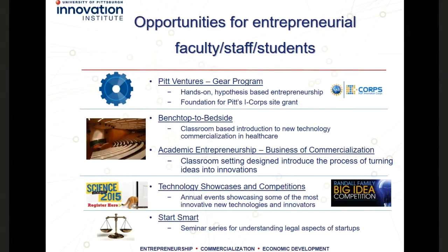It also is involved in developing business plan competitions, and we also have technology commercialization courses, such as the annual course From Benchtop to Bedside, What Every Scientist Needs to Know, as well as other business plan competitions, including the WELL Student Healthcare Entrepreneurial competition, which is a terrific competition which encourages scientists in the area of healthcare and students that are working in innovations in the area of healthcare to commercialize their technology and teaches them how to go